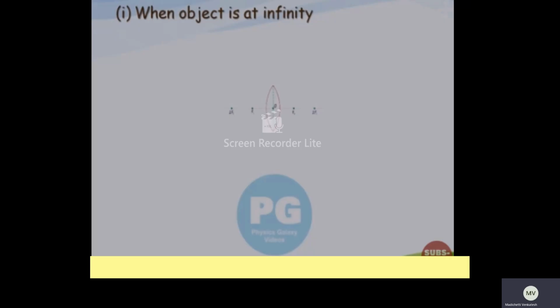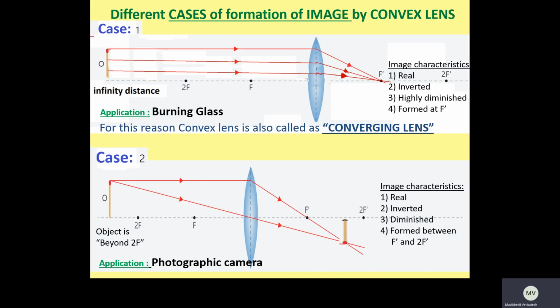Here is an explanation of the same, but we'll go on to the next one. But you can find this in the PPT when you play it yourself. So there are 6 cases that we are learning with respect to convex. In the first case, the object is placed at infinite distance and the image is formed at focus, and the characteristics are